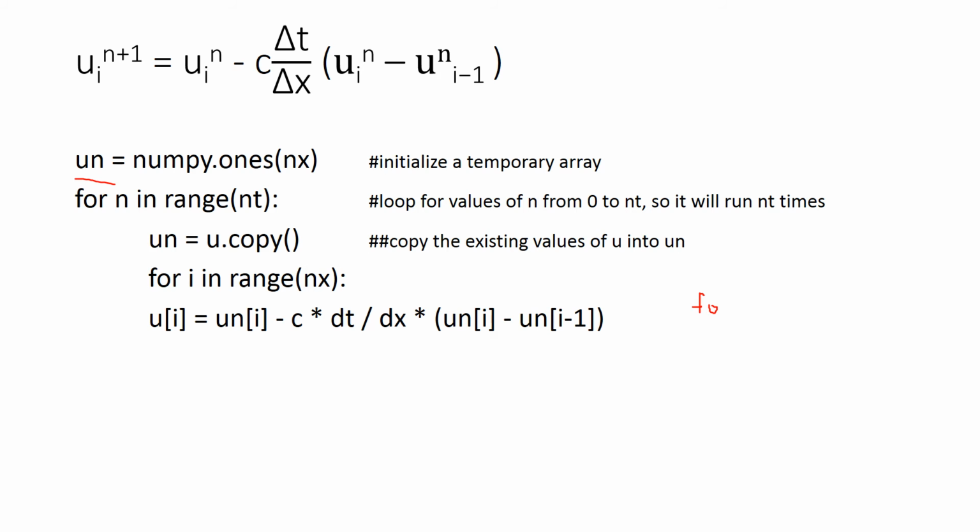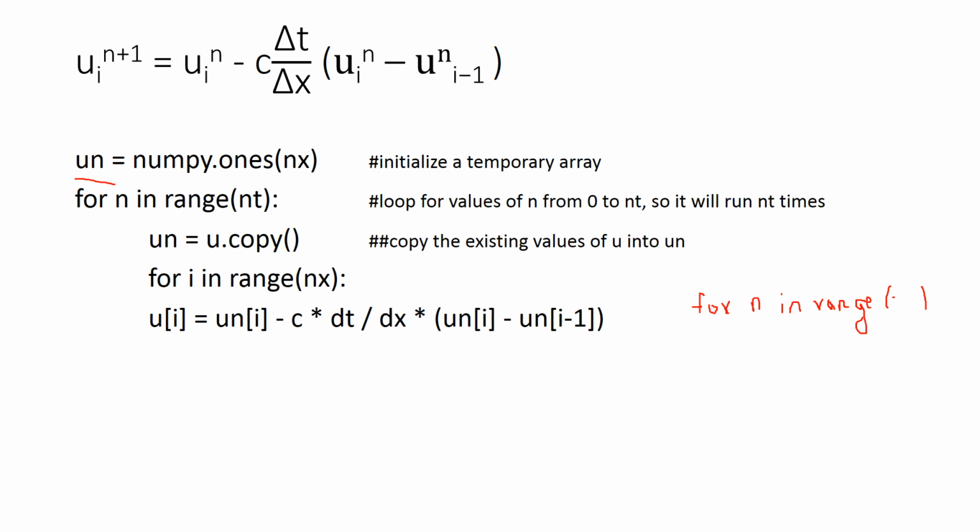So the second thing is how to use the for loop in Python. The syntax is in this way: for any variable, say n, or you can type any variable here, i, x, anything. So for n in the range,